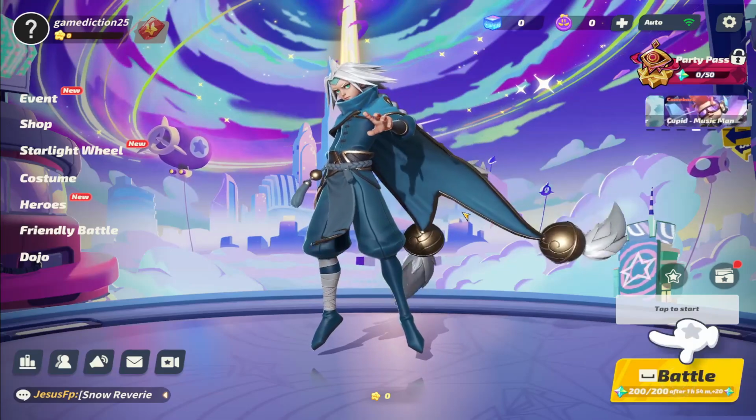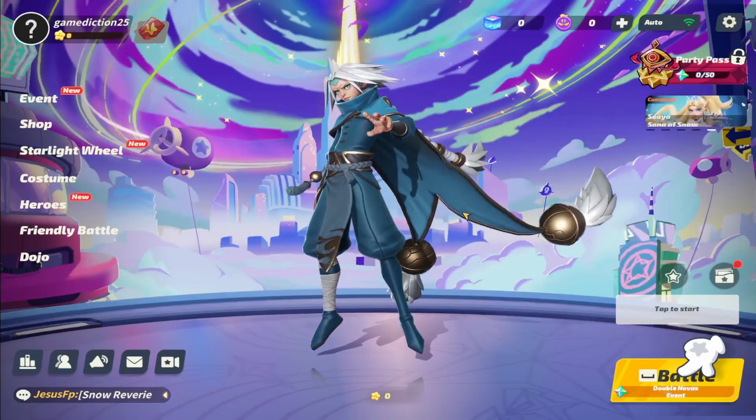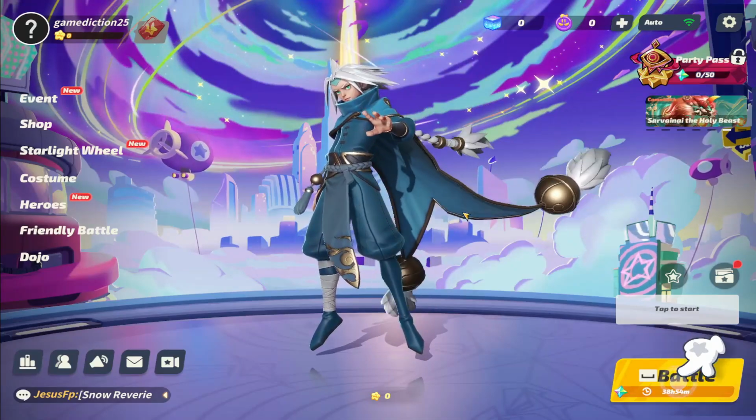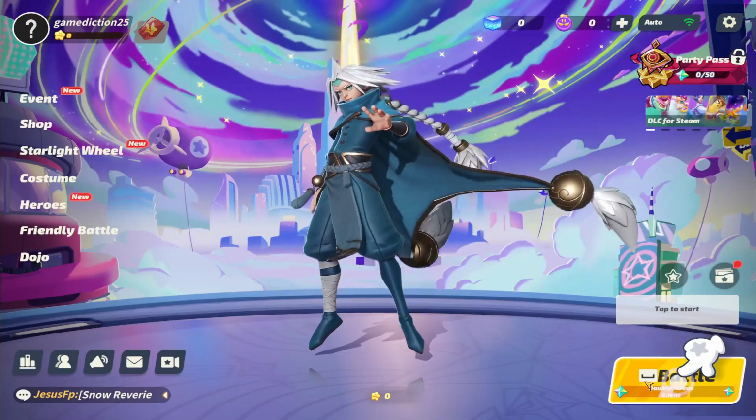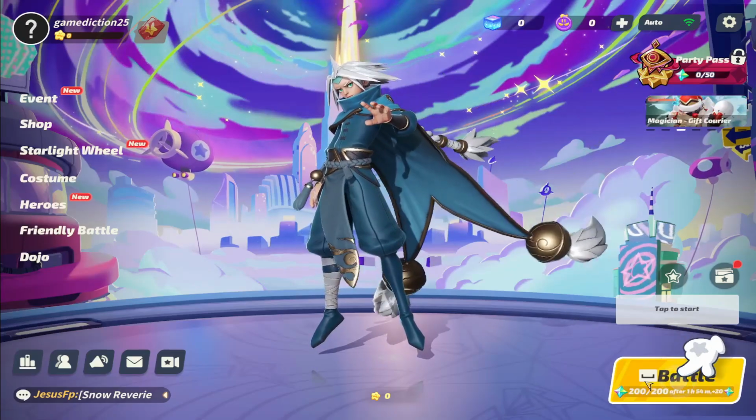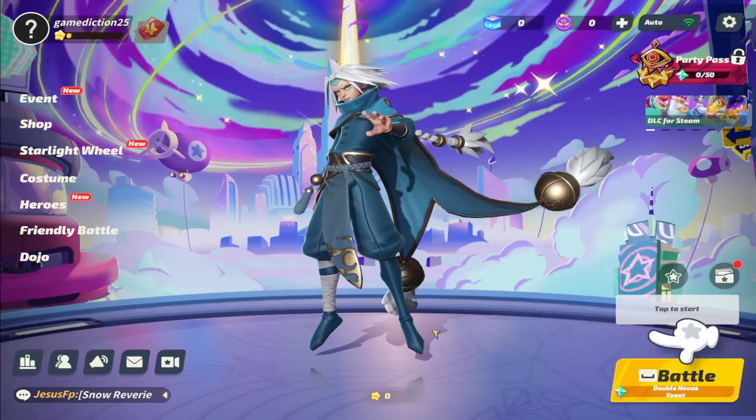First of all, open up the Flash Party game on your device, and once you are taken into the main menu, you can start playing your game by clicking on the battle option at the bottom right corner or pressing the spacebar key. Now, before you start your match, if you wish to modify the settings of your short hop